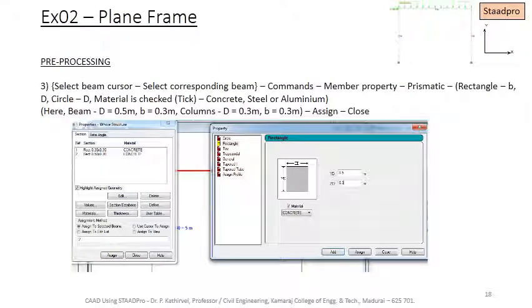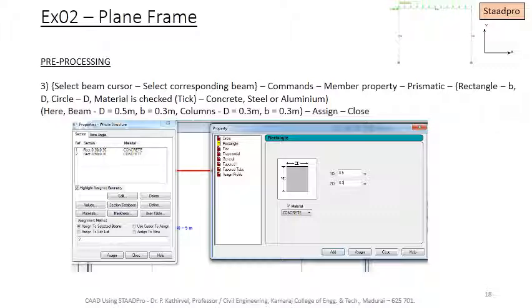The third step, select the beam cursor, select the corresponding beam, go to commands, member property, prismatic, rectangle, give breadth and depth of the section, and material is checked. Available material are concrete, steel and aluminum. Here we select concrete, and here the beam dimensions are given 0.3 meter breadth by 0.5 meter depth, and columns 0.3 by 0.3 meters.